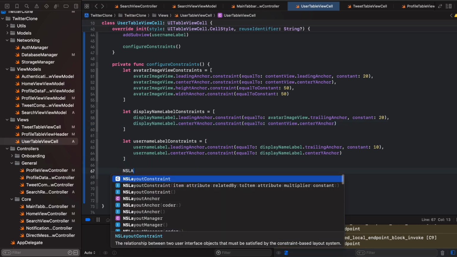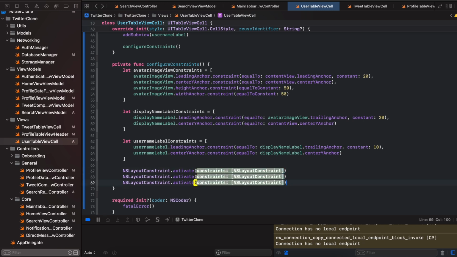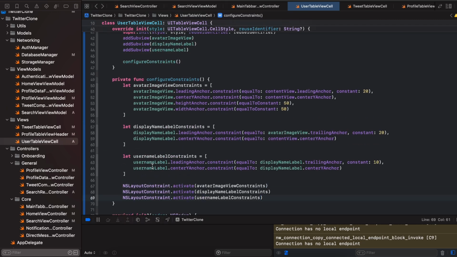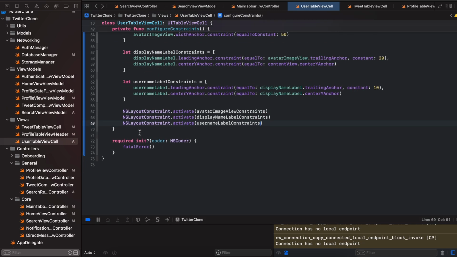All right, I'm just going to say NSLayoutConstraint activate, and basically I'm just going to duplicate that 3 times and add in here the display name and the avatar and the username. I think that's it for the cell UI. We just want to expose another function that says configure cell, and in here it's just